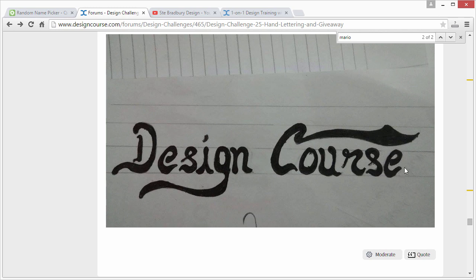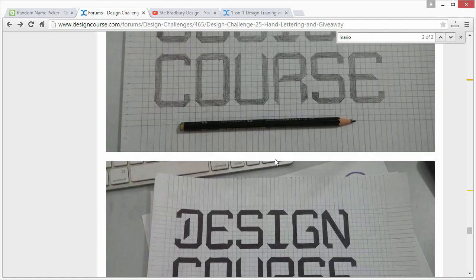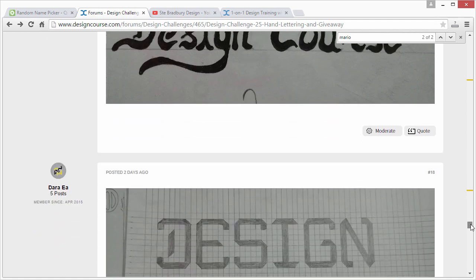So these are just tiny nuances that will throw off the visibility and the readability of the type and the flow of the concept itself. So again, focus on keeping everything consistent and you'll definitely improve. All right, so coming down here,